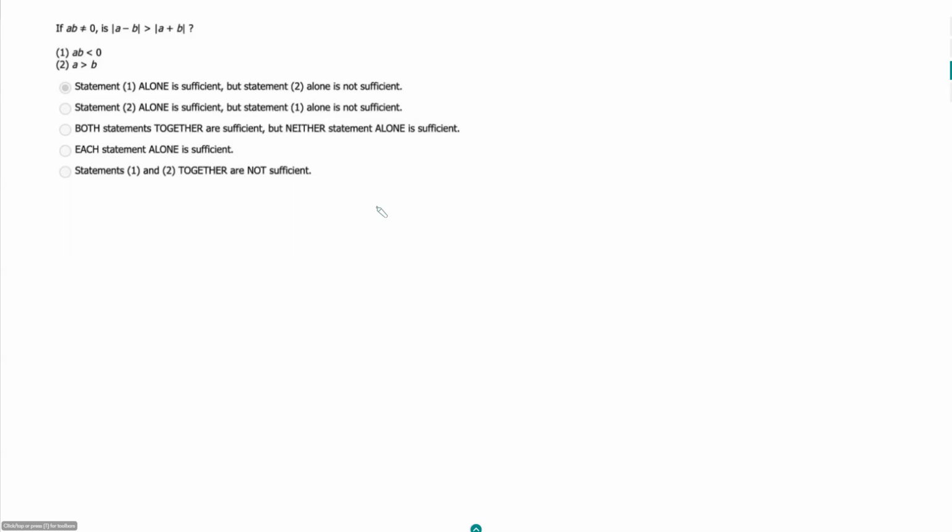So a lot of times with absolute value questions, especially ones with multiple absolute value expressions and multiple variables, I am testing numbers. I am not good at sort of visualizing things on a number line, but those are sort of your two options. Either just think about it or test numbers. But in this case, I'm thinking maybe I can